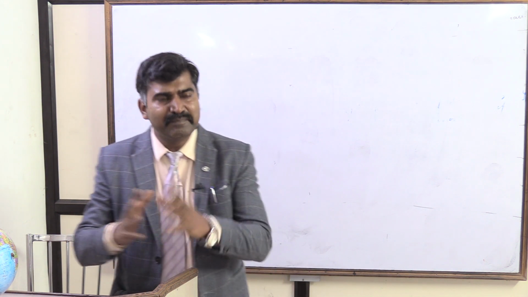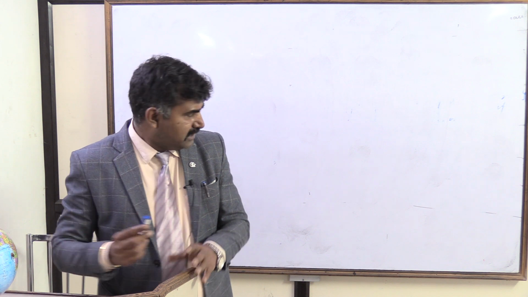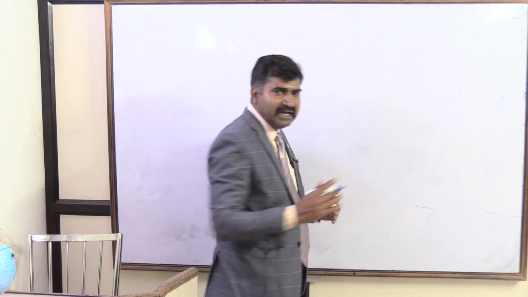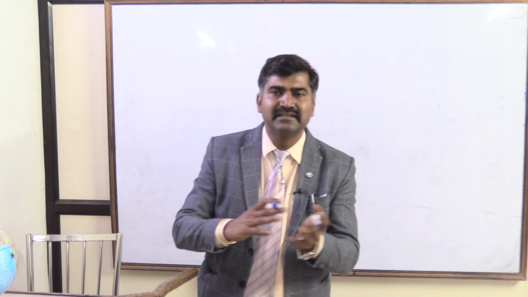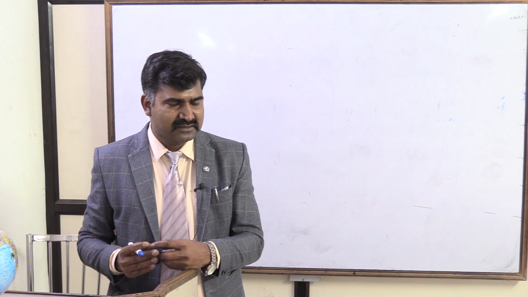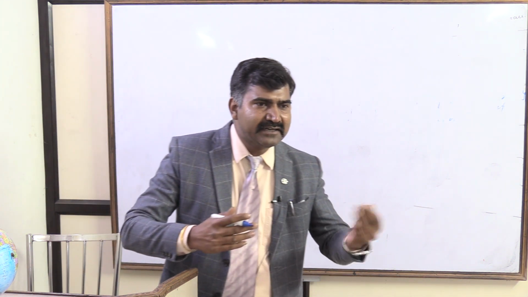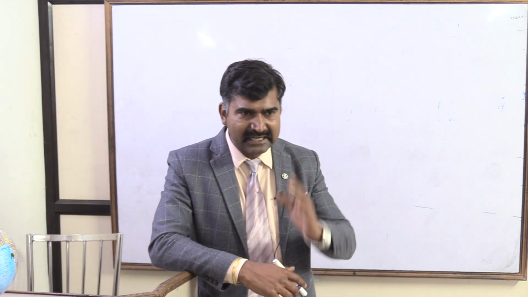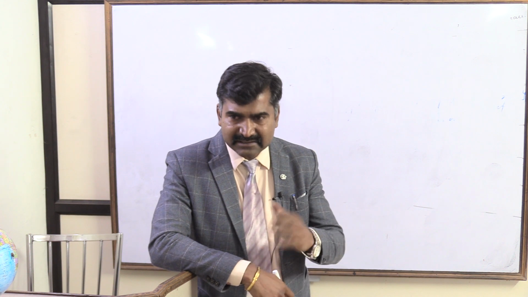Okay, a simple way, I'll tell you just for understanding. You know that Earth is tilted at an angle of 23.5 degrees. So what does that thing mean physically? Earth is tilted at 23.5 degrees. You know this? So what does that thing mean?